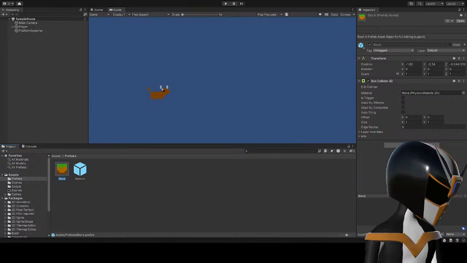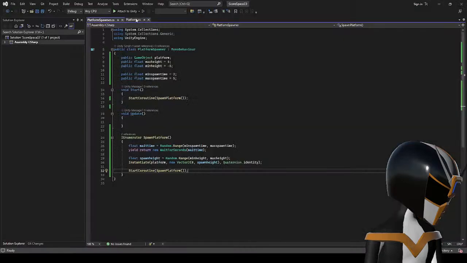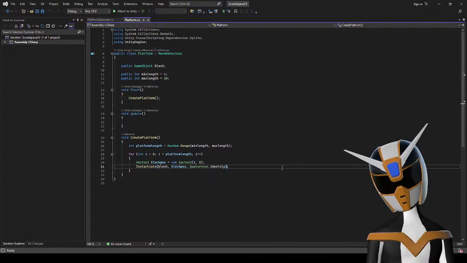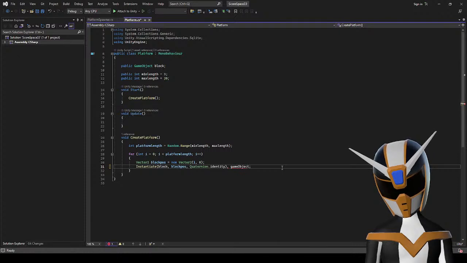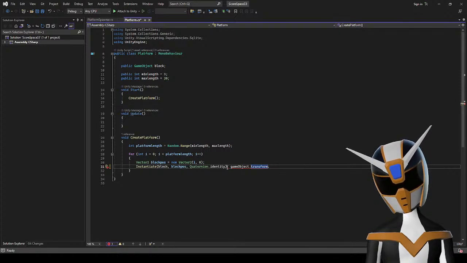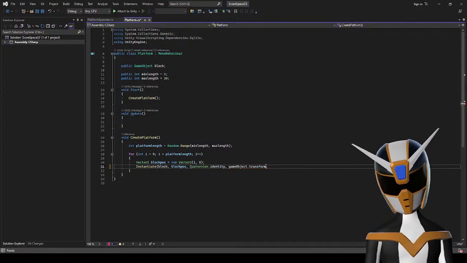Okay. So first of all, I'll do that. Go gameObject.transform. Is that how you do it? Wait, why is it? Put it here. Okay.